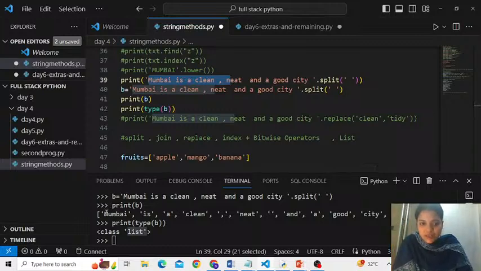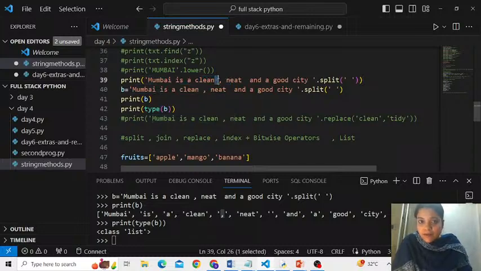Alright, so you see, every time there is a space, the string was split. Mumbai is a clean. Even the comma is considered as one of the substrings, correct? Because here also there was a space before and after, look. If I remove the space from here, suppose, then clean comma will be considered as one string because after that a space occurred to break the chain, correct?